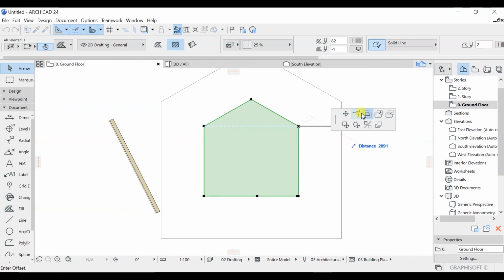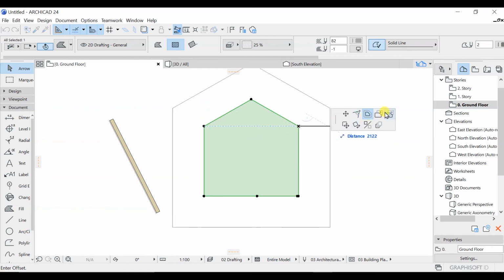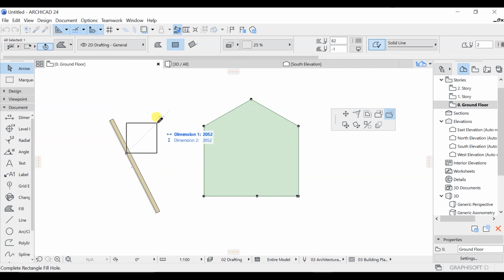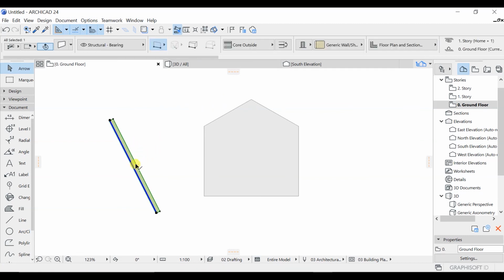You can have this distance. You can see we have seen this one earlier as well. You can add, you can subtract, so there are a bunch of different options available. So in this way you have to work with the palette. Okay, so let me press escape here and let me deselect this one. So if you click on this wall and if you click on the centers, you will get these options as well. You can see these options. So in this way you have to work with these palettes.